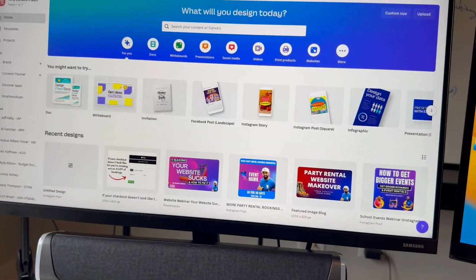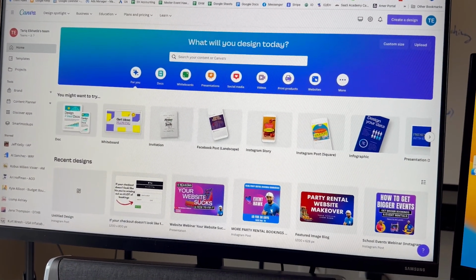Now, I've tried so many different image editors. There's tons of free ones, paid ones, and they're all so complicated. But this one, I'm gonna show you how easy it was to go ahead and remove image backgrounds from my website using Canva. All right, so you're gonna go to canva.com, you're gonna create a design, and then you're gonna